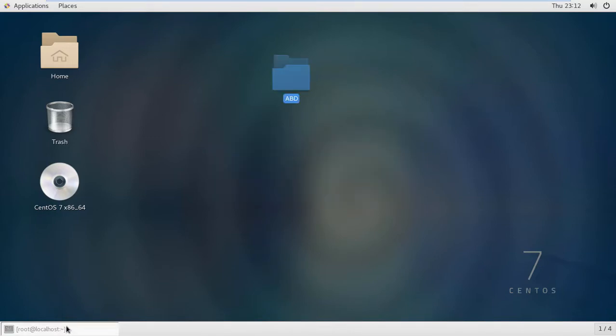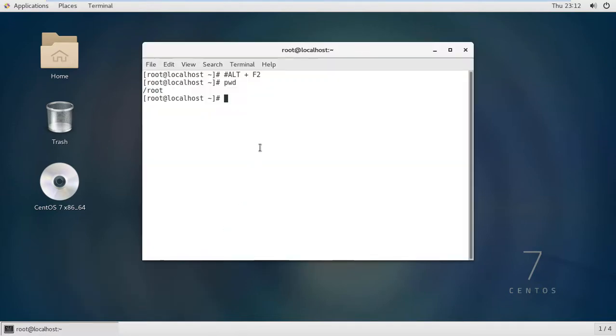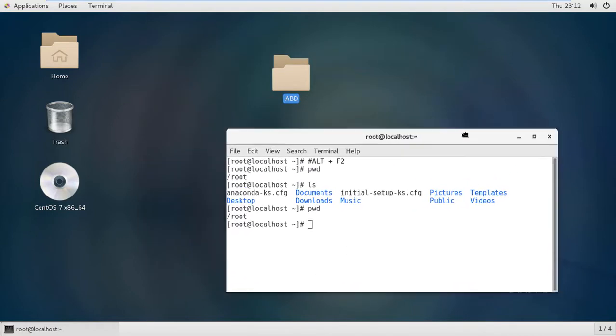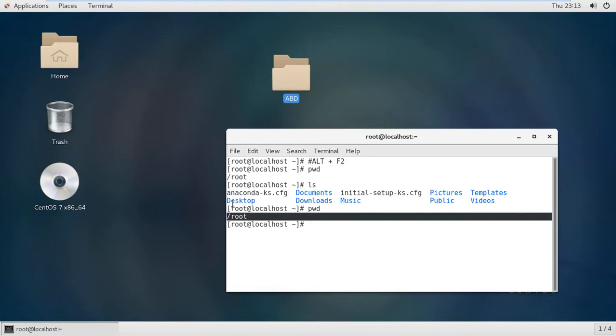Now I can check with the ls command, which is the list command, and there is no abd folder. Why? Because you created it on the Desktop, but you are in the root directory, so you need to go into Desktop.